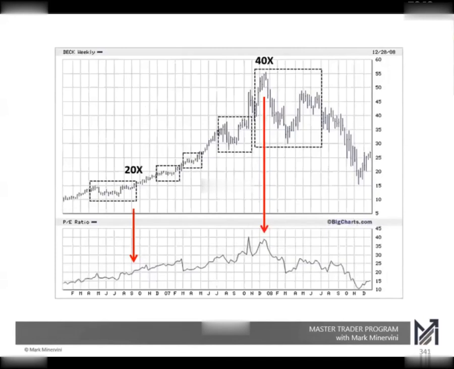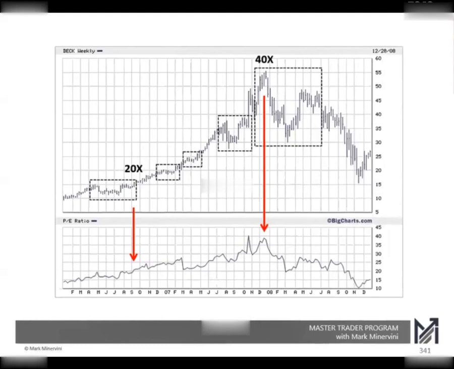And sometimes you don't get all the elements, like with the PE expansion. We're going to talk about PE expansion here. Sometimes you don't see this, but if you happen to see where you're in a late stage base, you're getting an accelerated rate of advance, and now you take a look at the PE and you look at where it was when the move first started, when you first started in that stage 2 uptrend, you broke out of that first base, and where it is currently. If you see that PE has doubled or tripled from there, and you're on a late stage base, well,